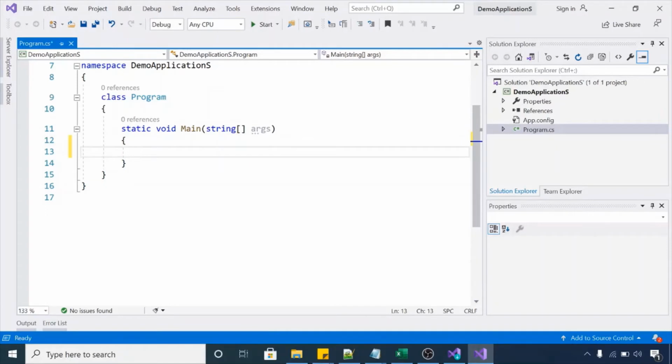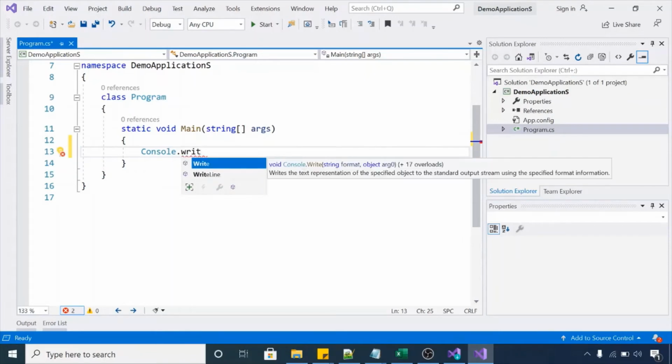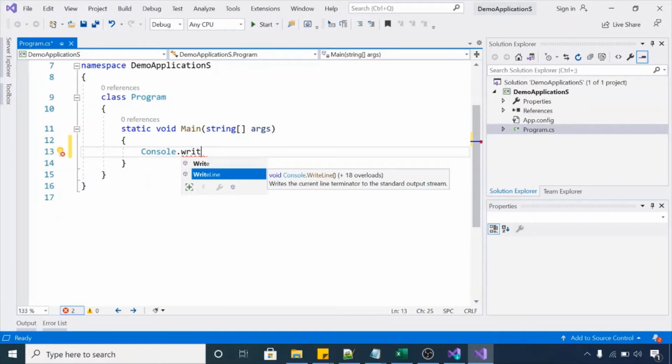Now we will write our first line in Visual Studio in our first project. If you have to print something on the console, we have one statement, Console.WriteLine or Write. The Write method is used to write something on the console without a new line, and if you use the WriteLine method, it will write the given text on a new line in your console.